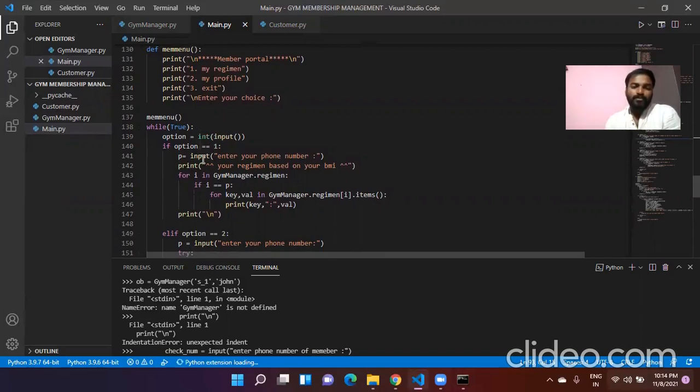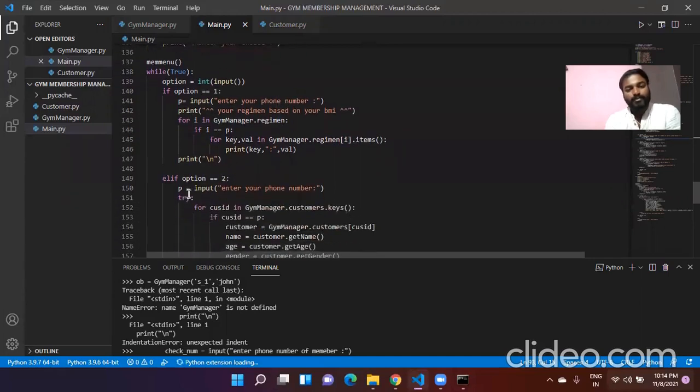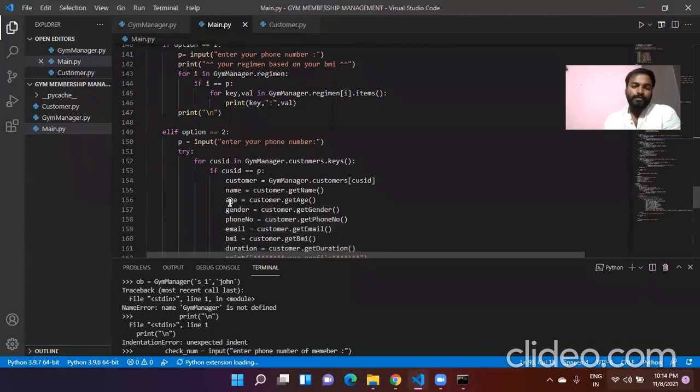If option equals 1, then I have printed the resume of the member. This will show you the resume, the day-wise workout of the member. And option equals 2, this will show the profile of the member.